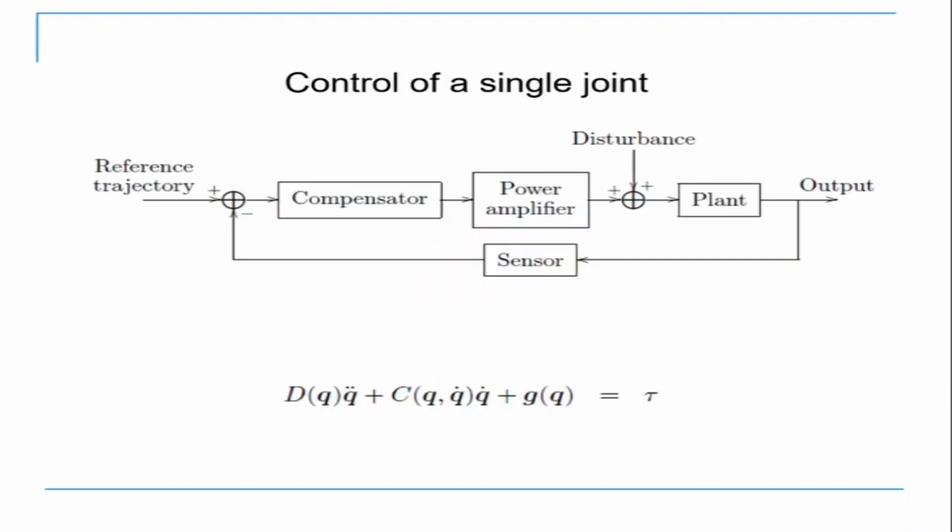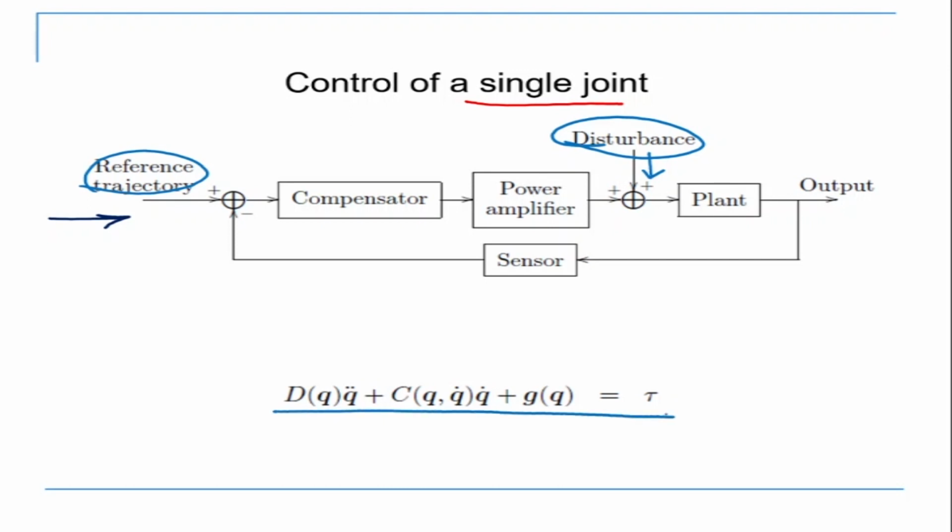Okay, so very briefly going through, as I was discussing, in the control of a single joint, what we are seeing is that there are two inputs. One input is the desired input that we want. So this is my desired trajectory that I want. So that is one input. The other input is the disturbance which is coming from here. So this is a two input system now. Okay, and when we write our equation of dynamics, we see that our equation of dynamics comes in this form, and this is the tau that is coming as the disturbance from there. Okay, so this is actually a two input system.